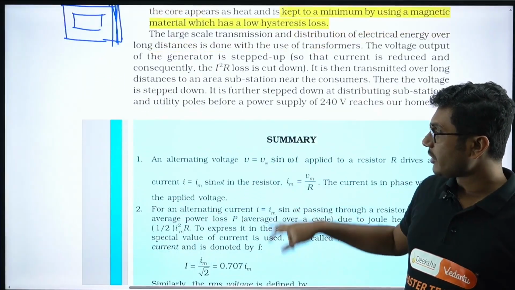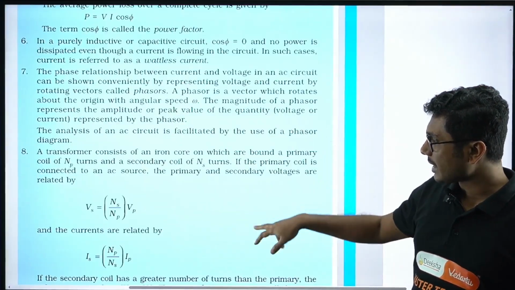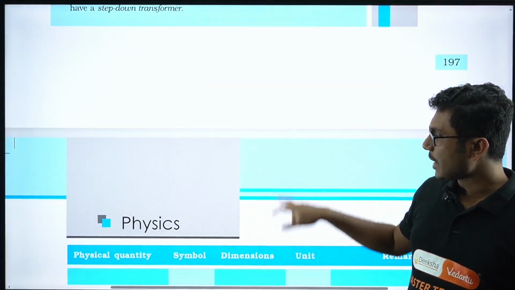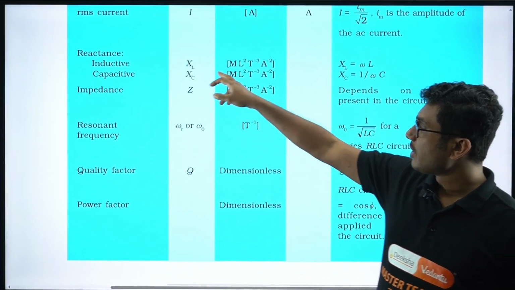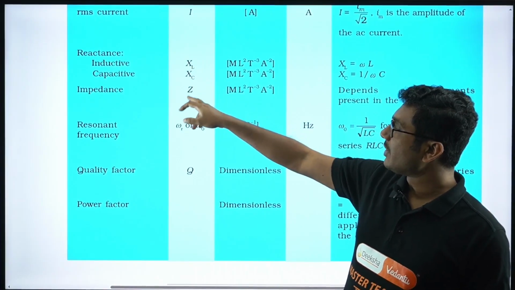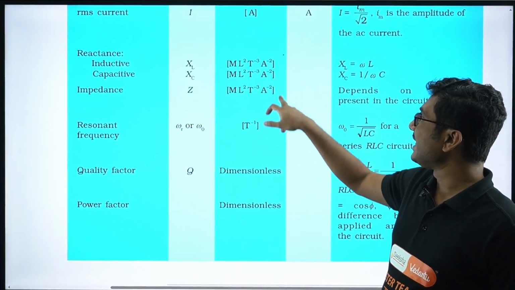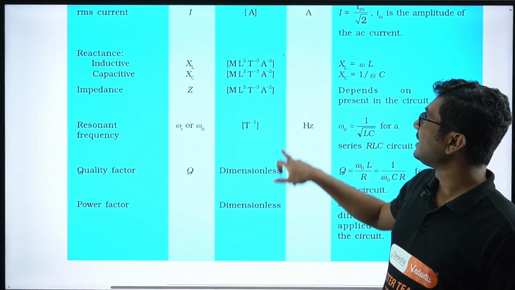I hope you enjoyed this session. This session is slightly longer than average because this is an application oriented chapter. You can check the dimension table given in this part. So as I said, inductive, capacitive, impedance, all of them have the same dimension, and basically they are all nothing but